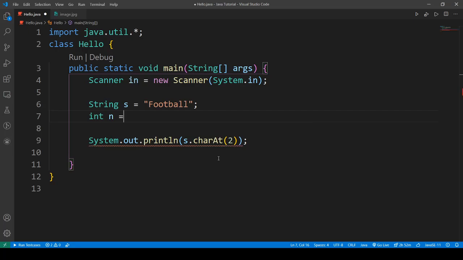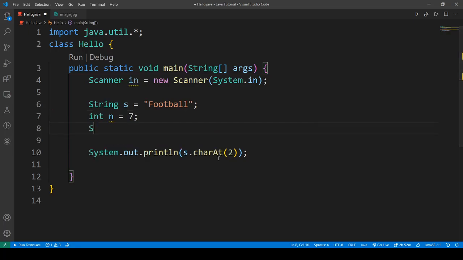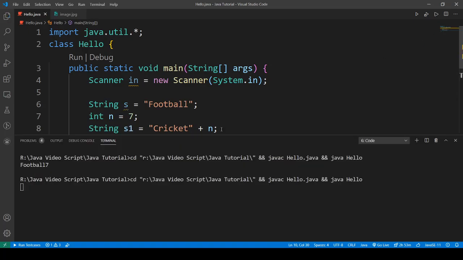For example, if we have an integer n here, and we try to concat it with a string, say s1, which is cricket, and we add or concat n to it, so it will simply take 7 inside it, and there will be no errors. We can see 7 is taken inside the string.